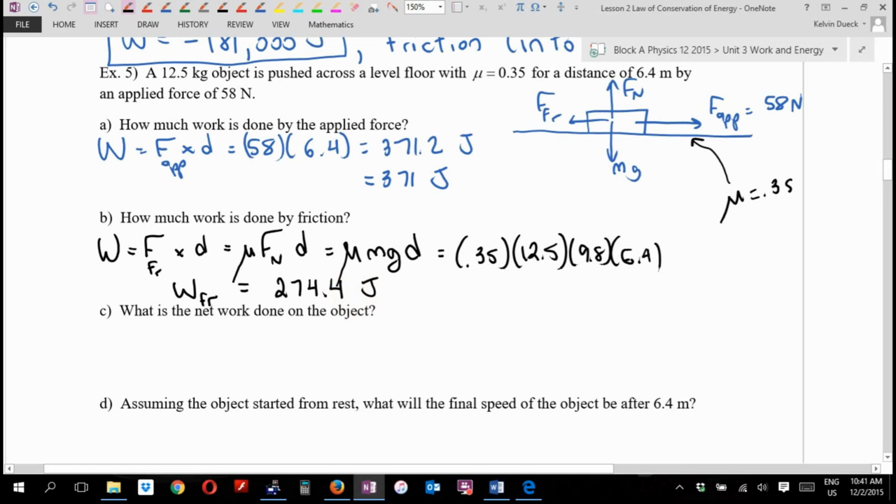And this is wrong. Can anybody tell me why this is technically wrong? No, it's work. It's joules. It's the work done by the force of friction. If I had written the force of friction, it would be in newtons, but I wanted the work done by the force of friction, which is in joules. Good thought, but no. Should that really be heat? No. It is heat. But